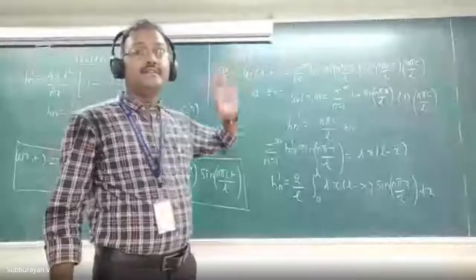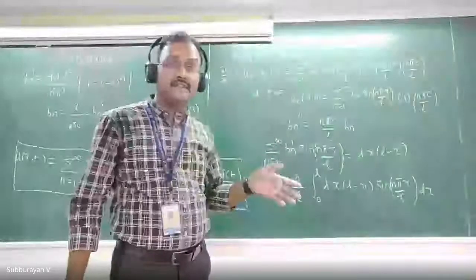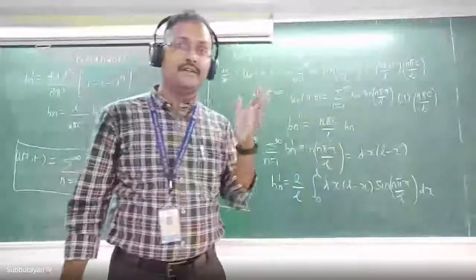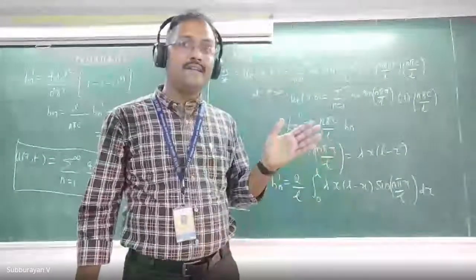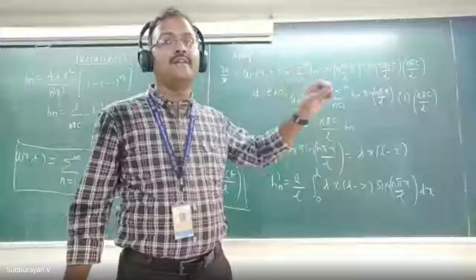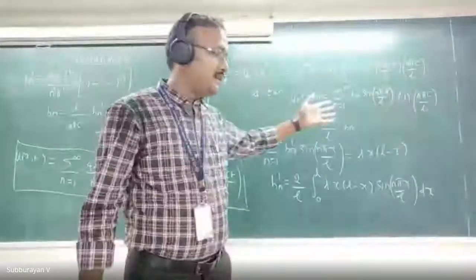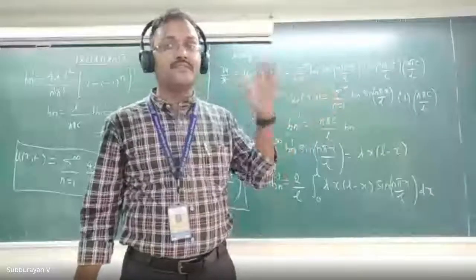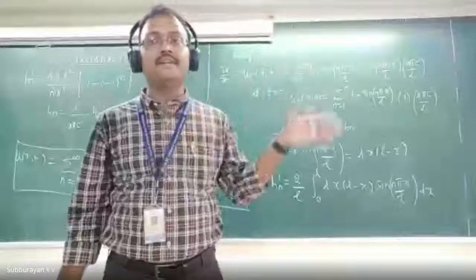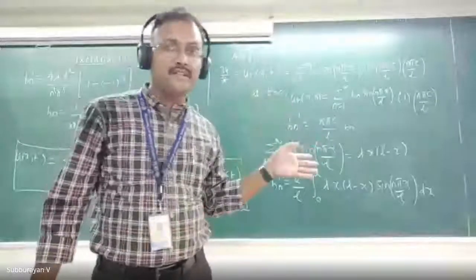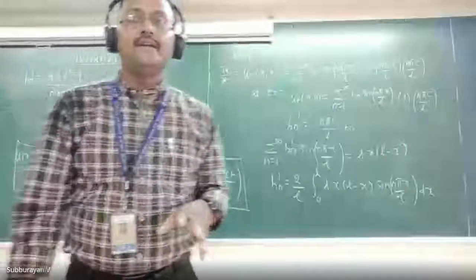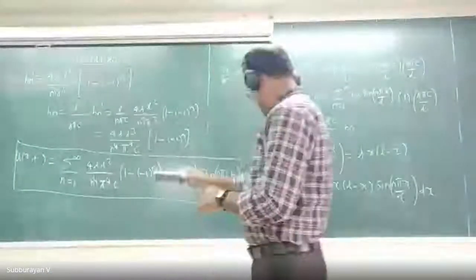Suppose the boundary condition or initial condition is given in terms of a trigonometric bounded function, then sometimes we may not need to apply the half range sine series expansion or half range cosine series expansion. Straight away, by comparing the left hand side and the right hand side, one can easily evaluate the arbitrary constants bn's. See, that is the next problem.